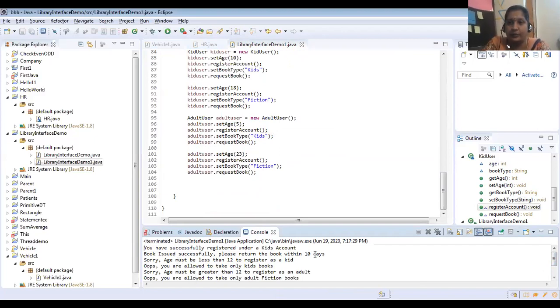Please return the book within 10 days. Next two, they have given with non-matching values. So, sorry, age must be less than 12. Oops, you are not allowed to take other than kids books. If you see here, setAge for the adult user, for this also the sorry message: sorry, age must be greater than 12. So like this, we can give the values using getter and setter methods.